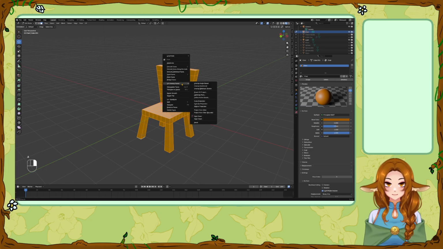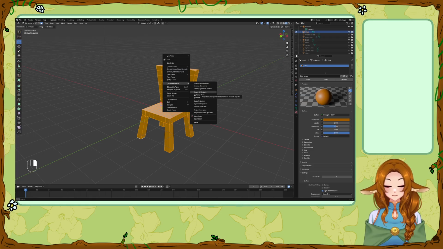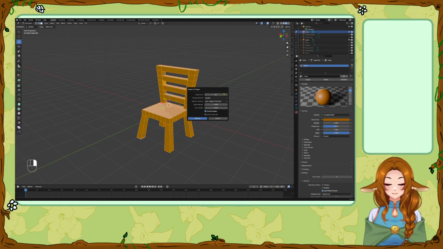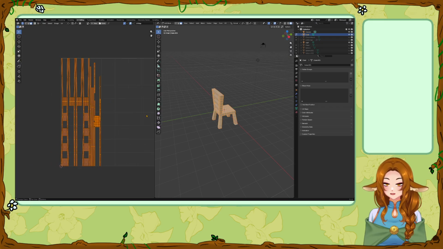Here it is, UV unwrap faces, and then Smart UV project. I'm gonna check the UV editing to see how the UV went out like that. Kind of weird, but